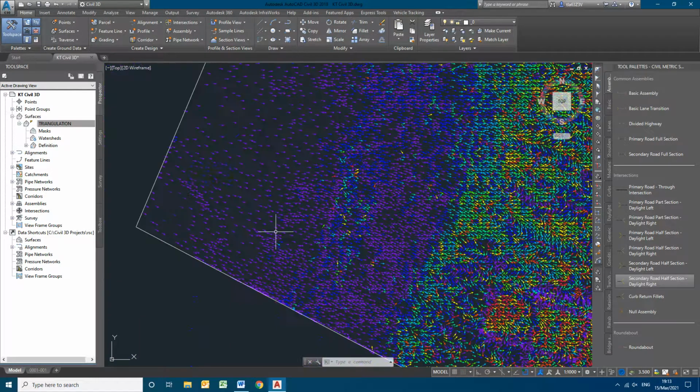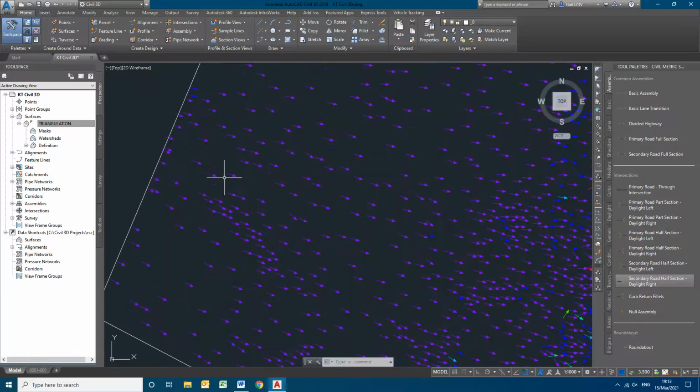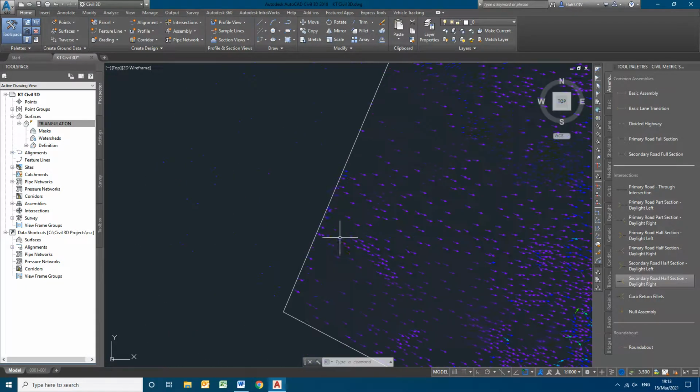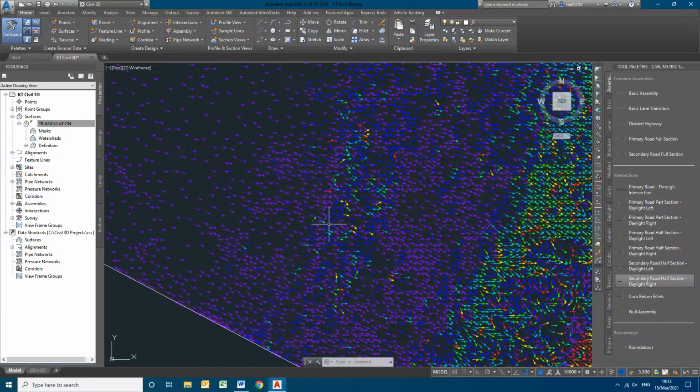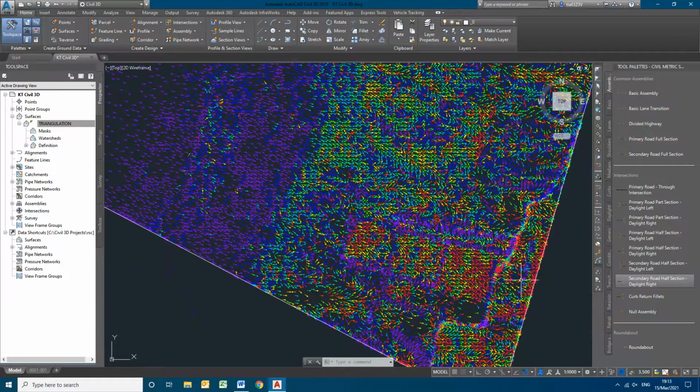You can see from here, towards this direction, the slope bands are showing. You can see the arrow marks. This clearly indicates that this is the high elevated point and the lower elevation is down towards the eastern side, southeastern side. You can see the arrows.